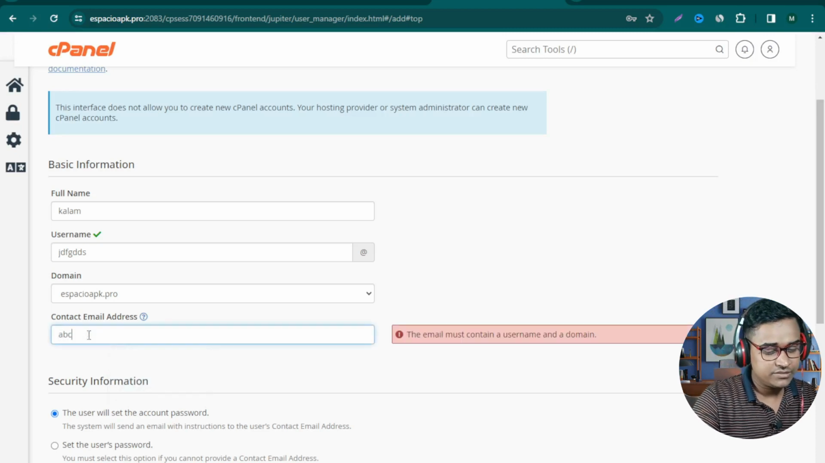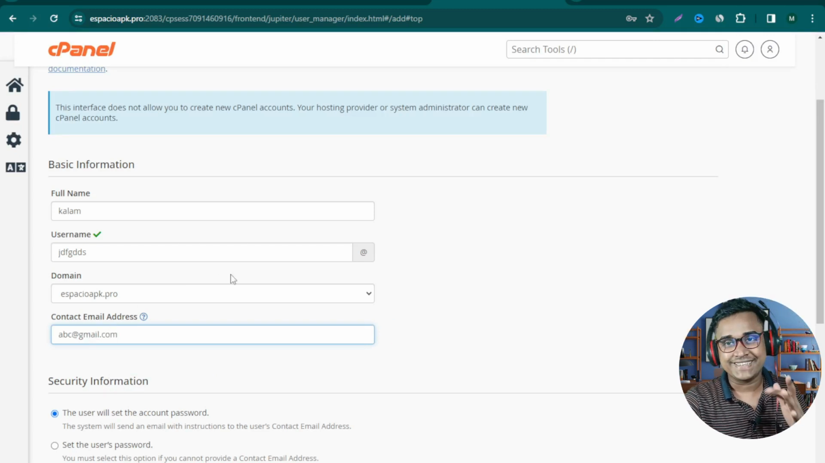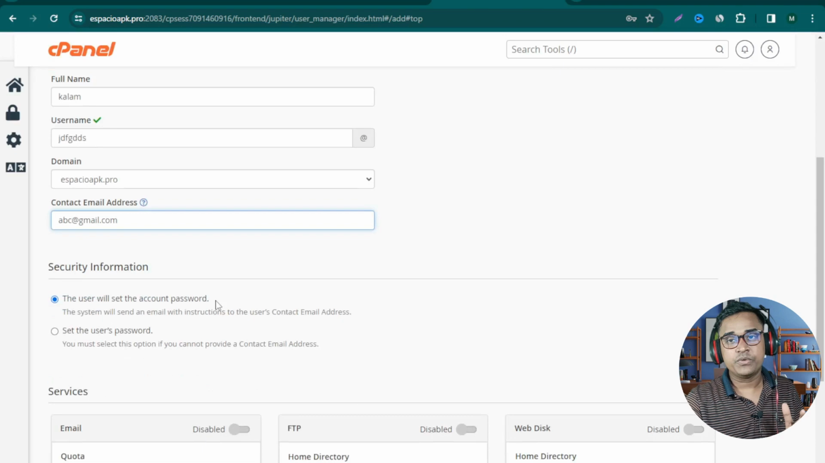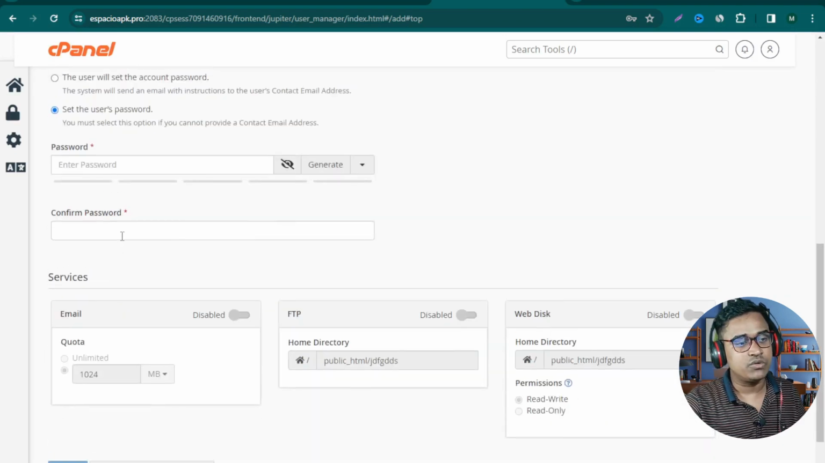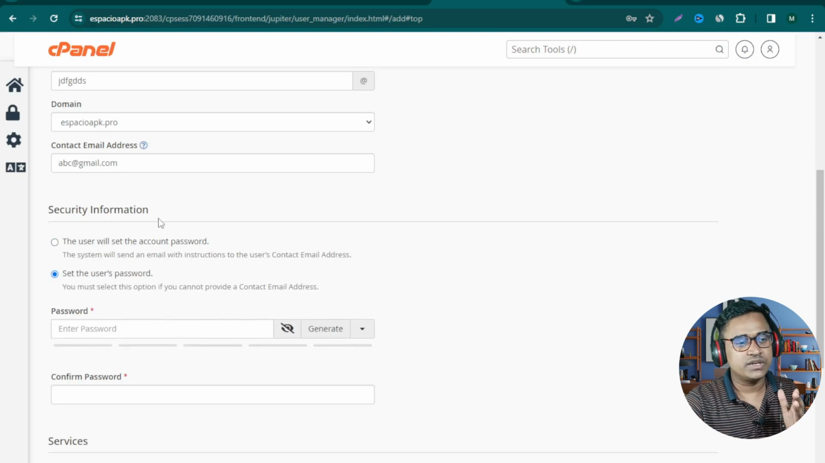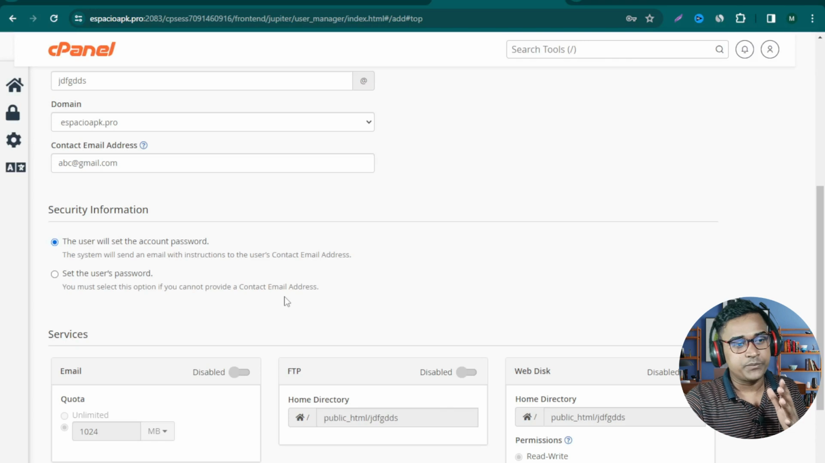For example, abc@gmail.com. Just click this icon. Then if you want to set a password, set the password here. If you are not able to generate a password, just click this icon, and then when